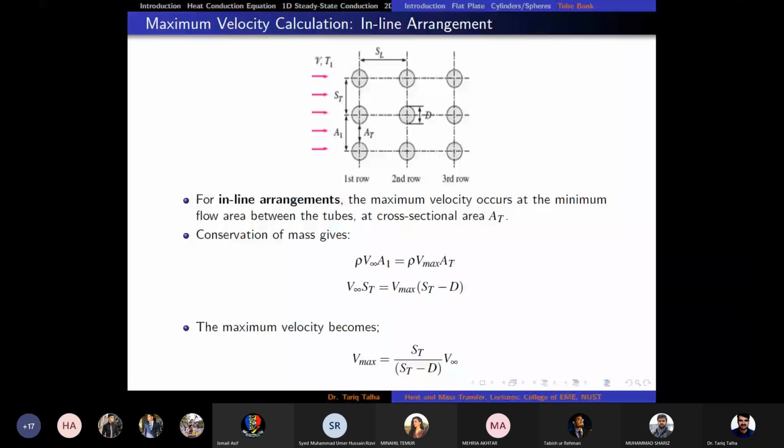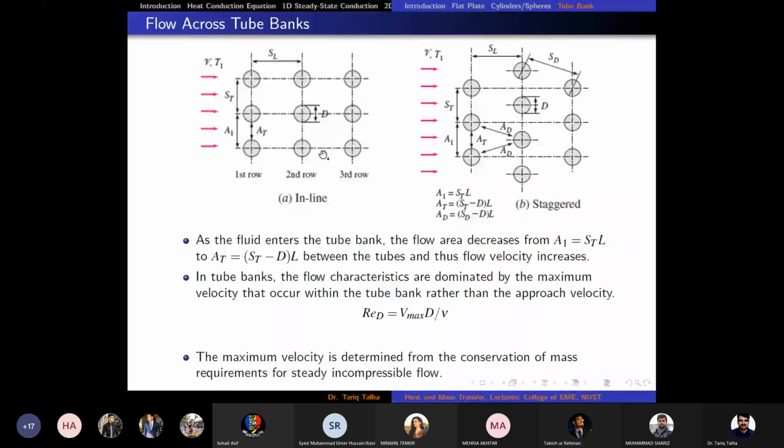Because from the experiment they have found that if the number of tubes in the flow direction is less than 16, then the Nusselt number value which comes out from the correlation needs to be corrected. So that correction factor which needs to be determined is given in this table. Now you can see for the tube bank with number of tube rows N_L. L means the longitudinal